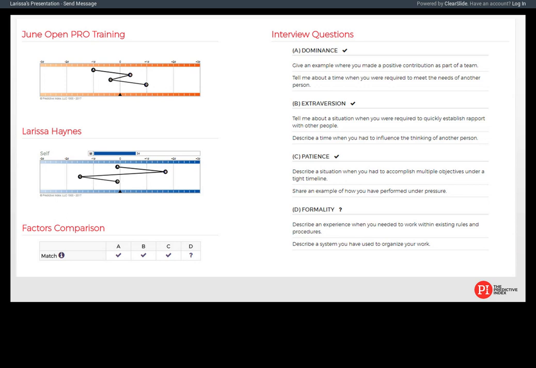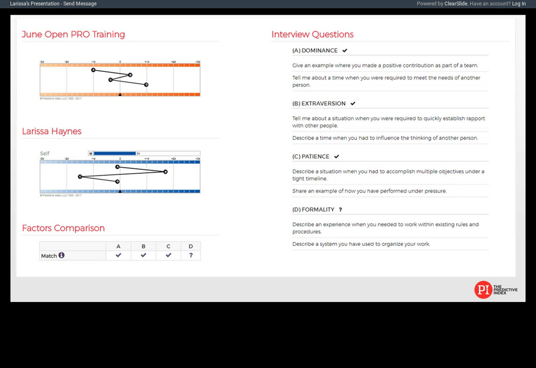What's great about these is that, so this is an interview guide here. It's going to give you check marks where the factors align and a question mark where they don't. And it will still give you questions to interview around even if there's a match. One of the things also to point out here is for those of you that are trained, you'll notice that a 2 sigma low C can be very different than a 2/5 of a sigma low C.